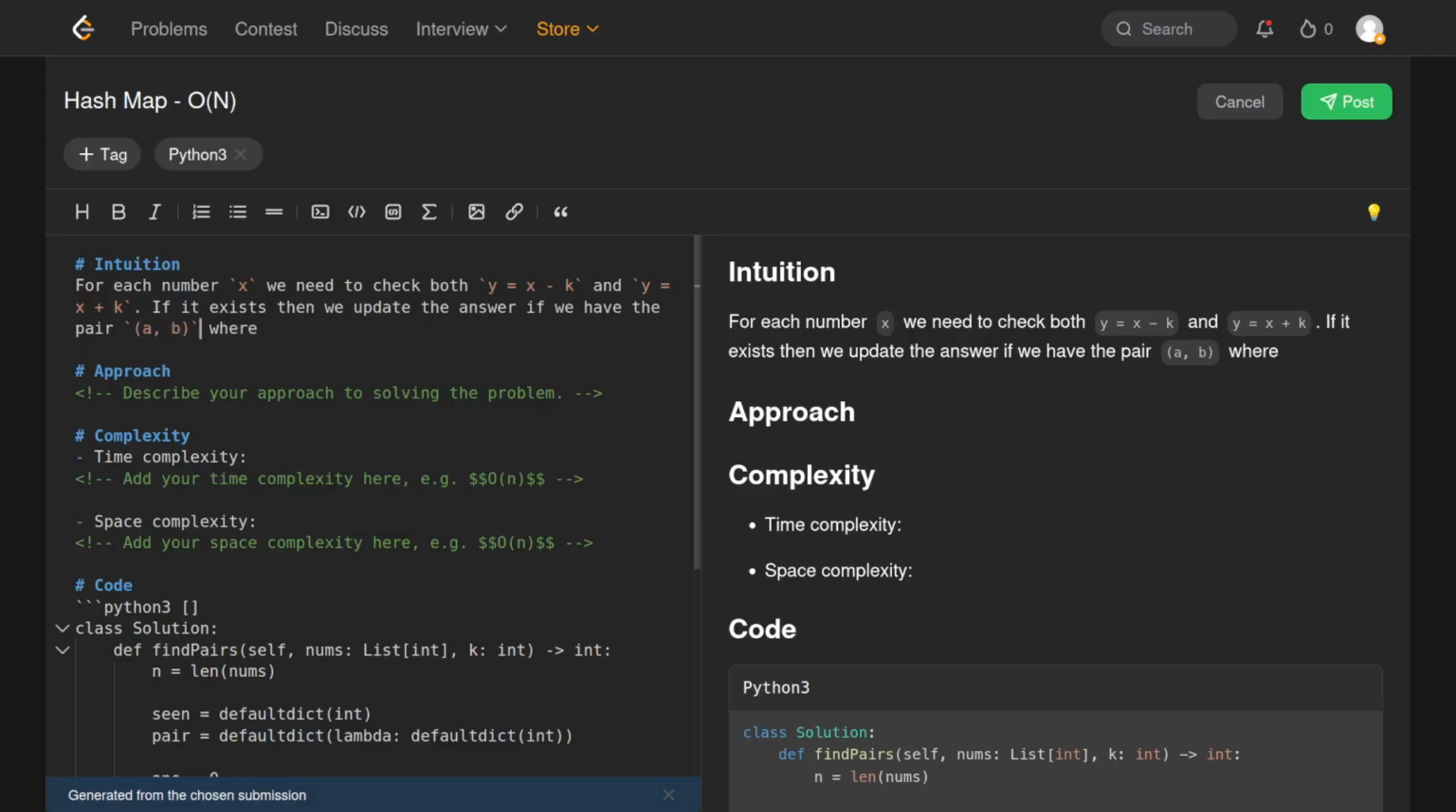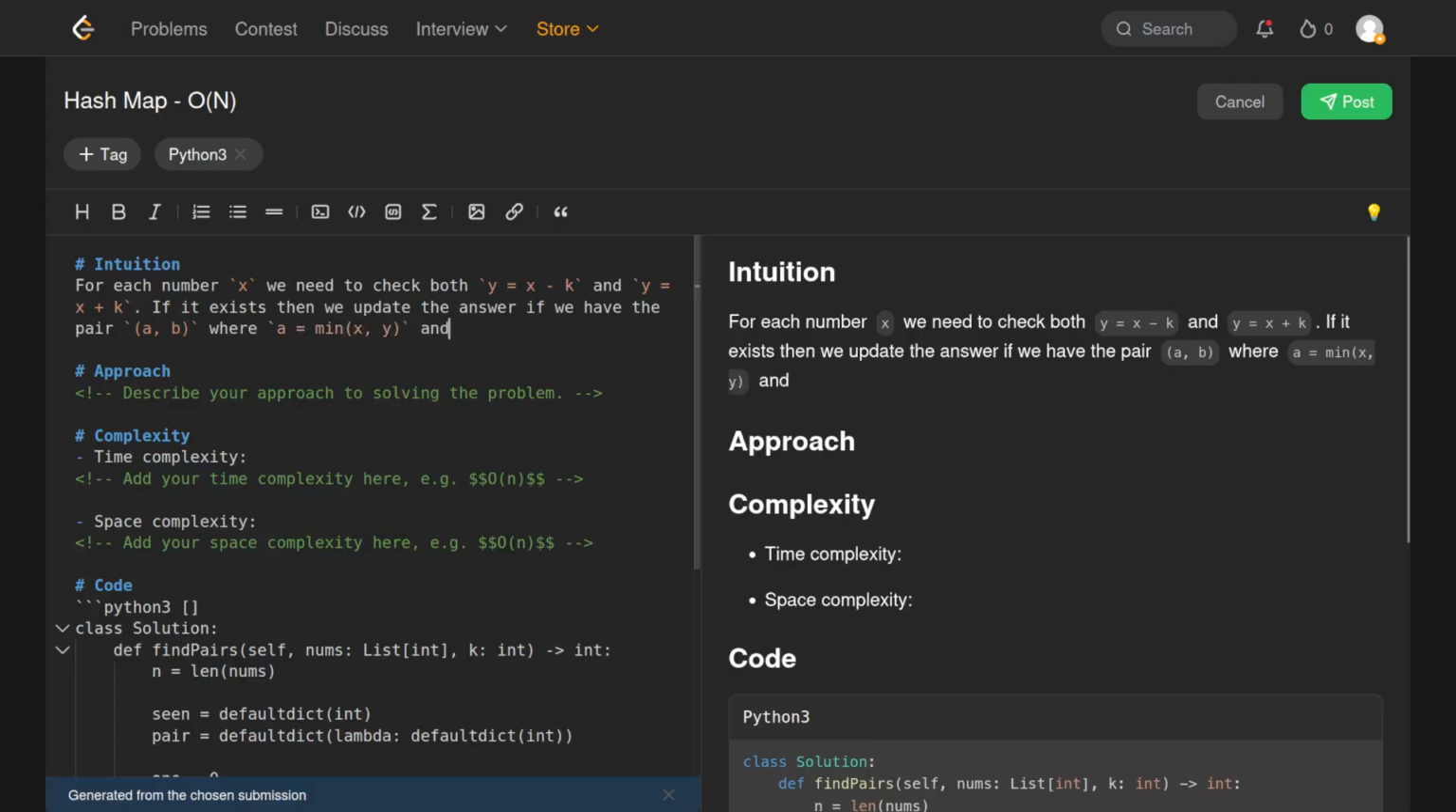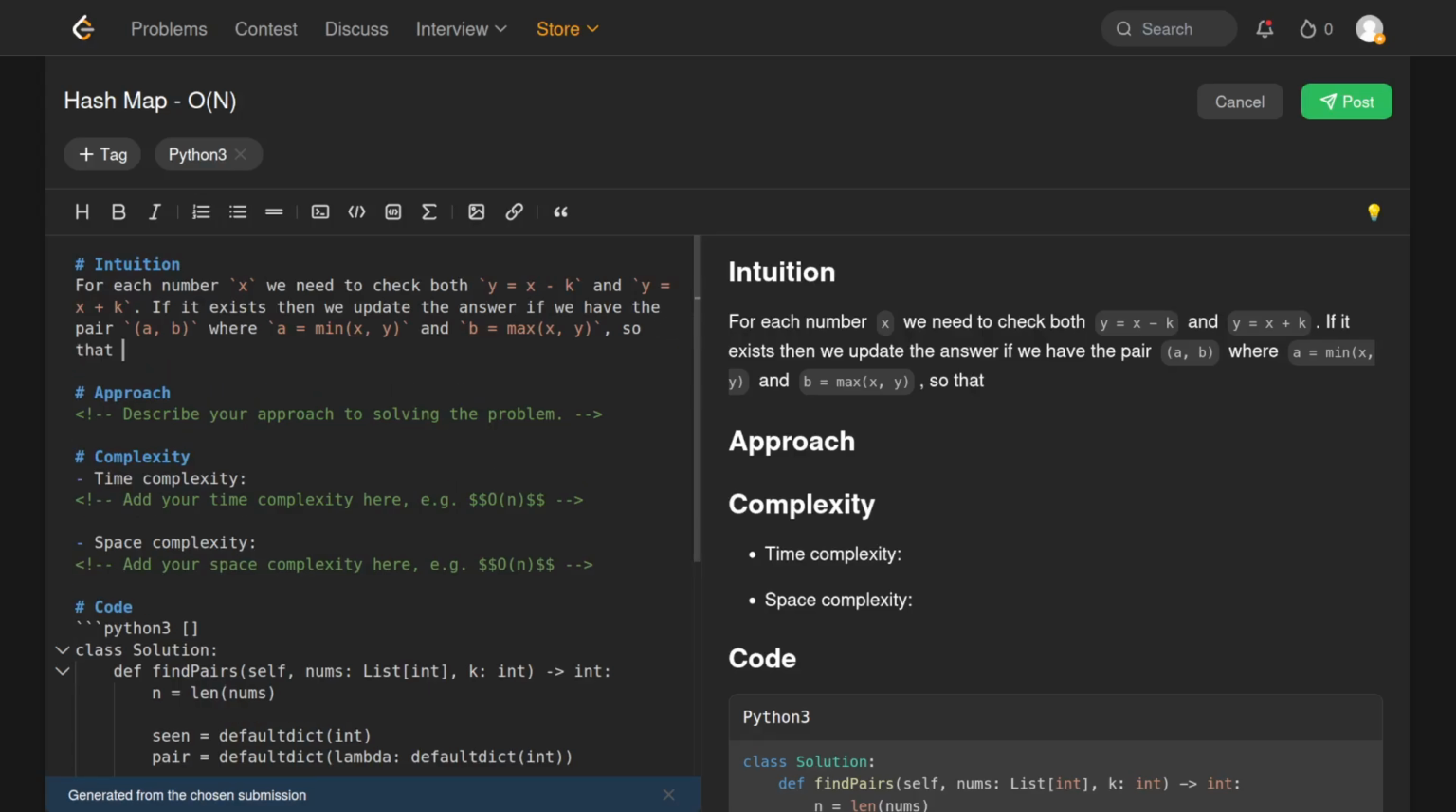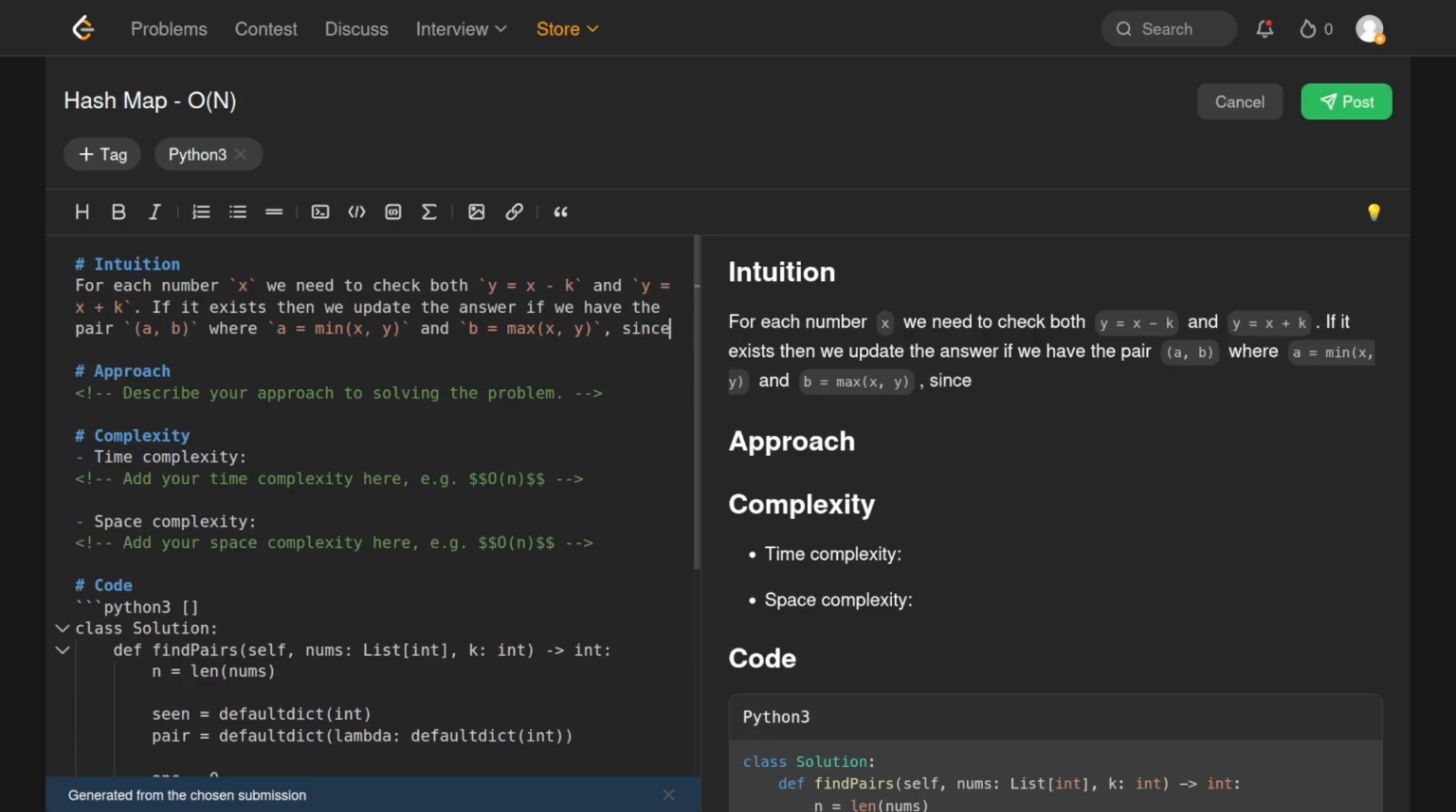Let's go to AB, where A is min of xy and B is max of xy. Since we do